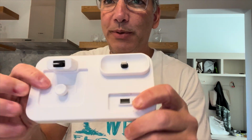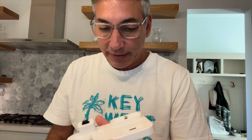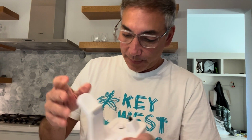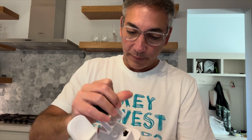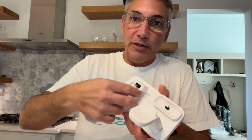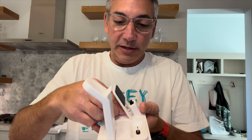So this one's cool because it actually comes with all the adapters already in it, so you don't have to sit there and run other wires into it. So let's see how this looks. So we're gonna put this together. So, oh, clips right in there. This is gonna be the phone thingy. I'm guessing I have to take it out. There's a little screw on the back here. You see I'm taking it out to put this thing here, to screw it in for the phone to lean